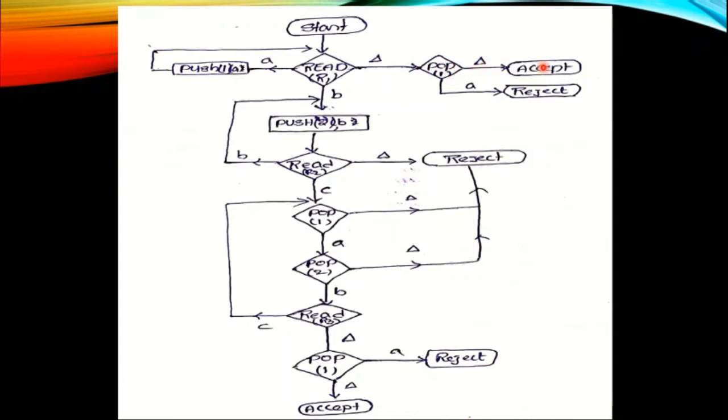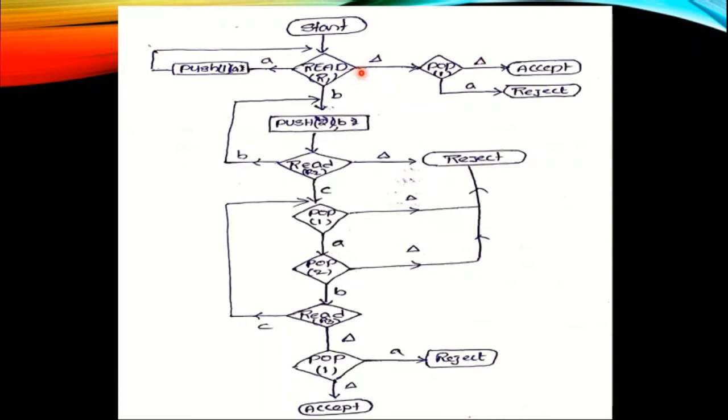So that means there was no input string, only the empty string del. From starting state R1, we read del as input and then perform the pop operation. There was nothing to pop on the stack. Because the stack is empty, it will go to accept. In the place of this, which is the empty indication, otherwise we mention either Z1 or Z2, anything, whatever the empty indication of the stack.